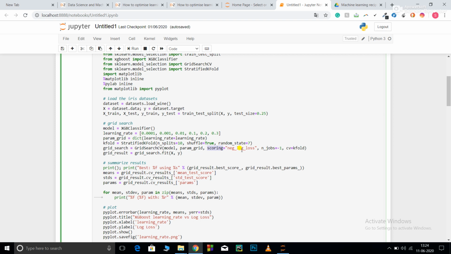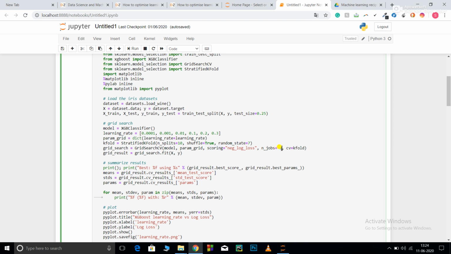And how to judge log loss? The log loss should be as low as possible, around zero, for a classification problem. Log loss is used for things like logistic regression. You could also use this type of scoring method for neural networks. Now n jobs is equal to -1.